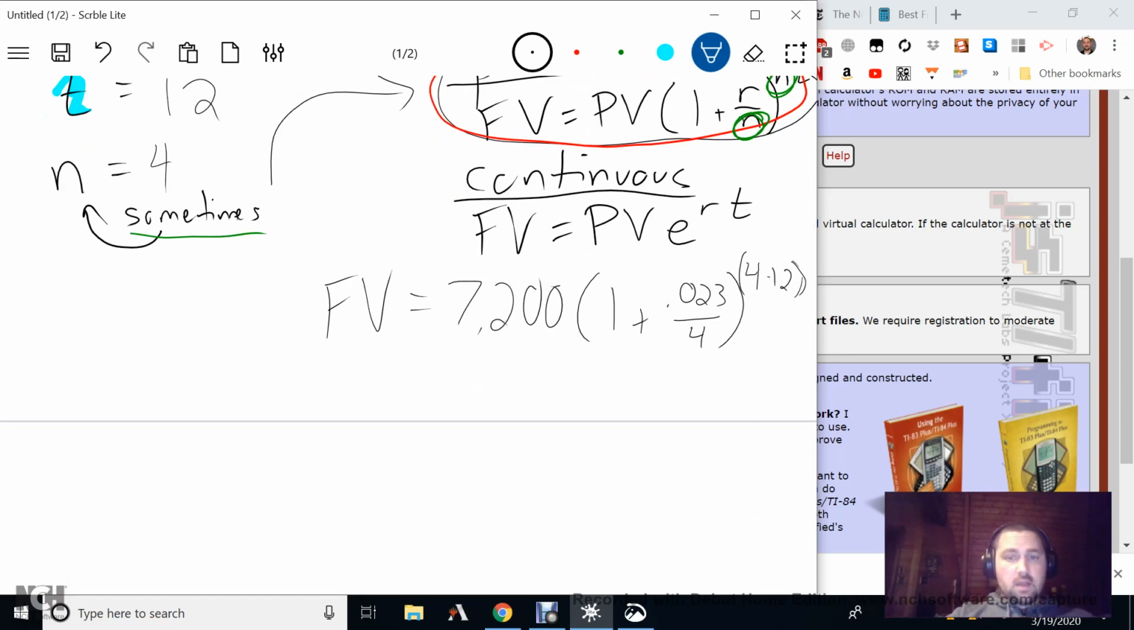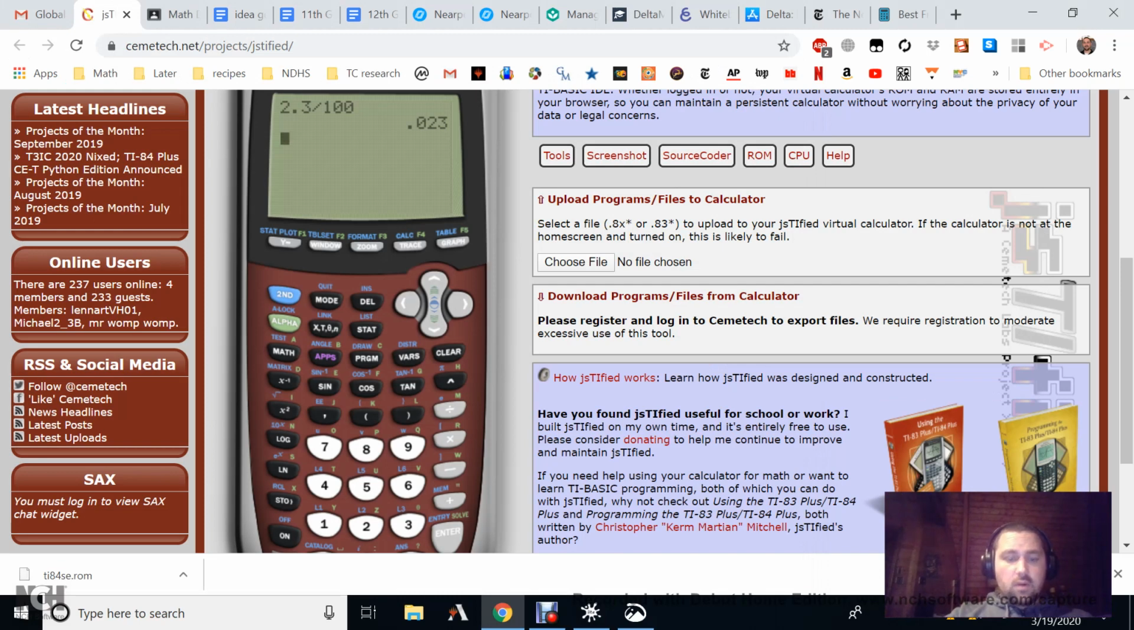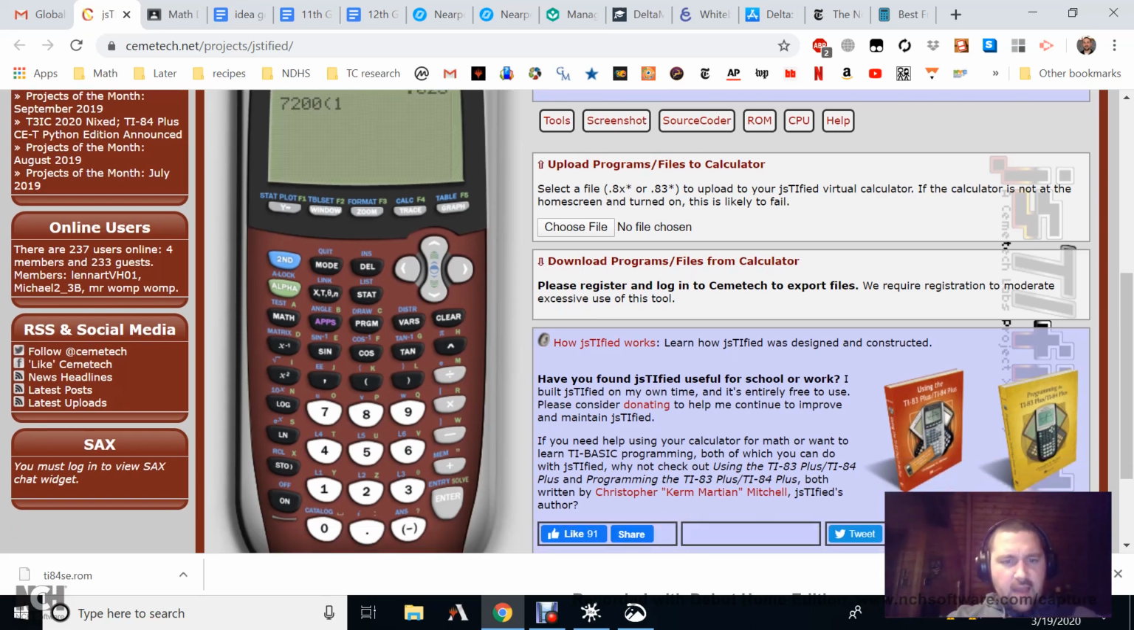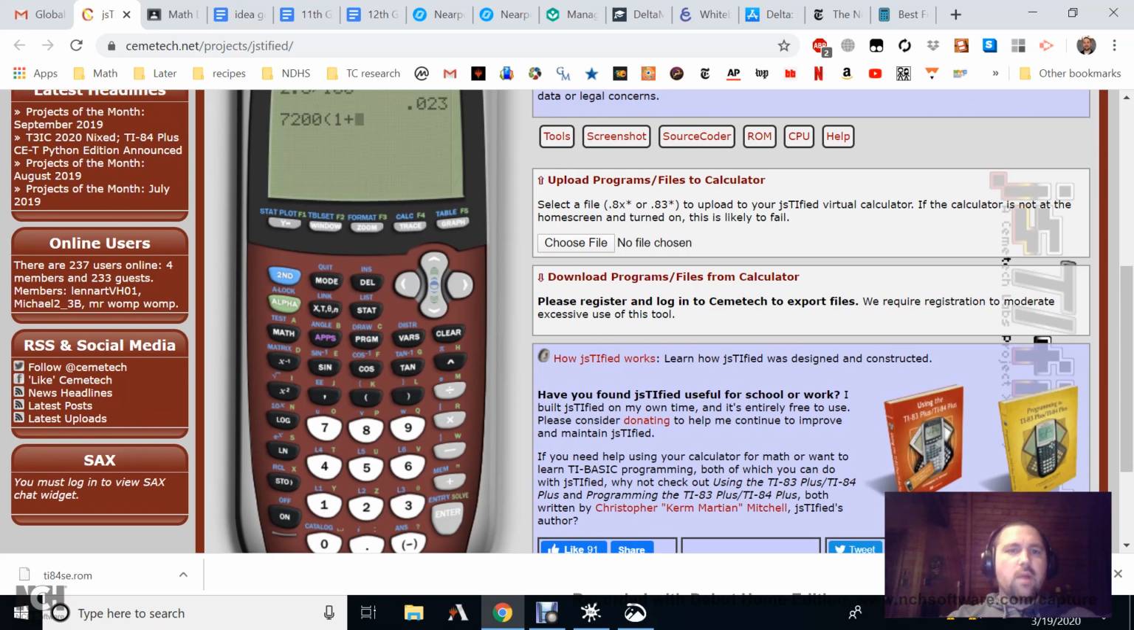Okay, great. Let's plug this into our calculator. So we get 7,200 times 1 plus, that didn't work. This thing is weird now. Let me try this one more time. 1 plus, yeah, this calculator doesn't work very well if I can't make it add things. There we go. 1 plus